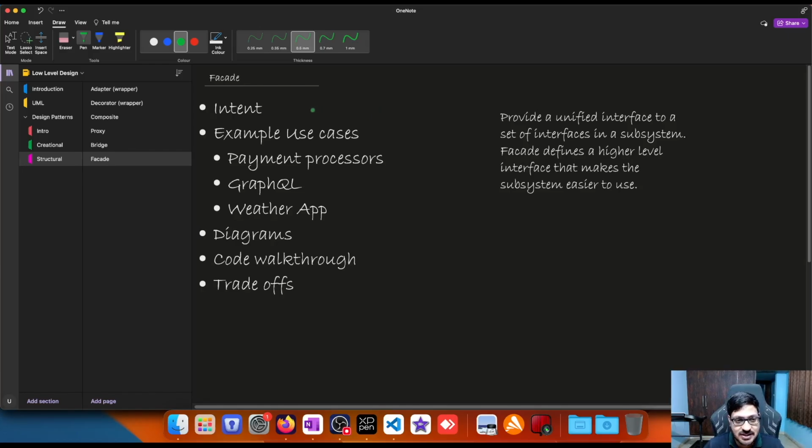So as usual, we'll start with the intent. Provide a unified interface to a set of interfaces in a subsystem. Facade defines a higher level interface that makes the subsystem easier to use, right? Very simple to understand. So there is a facade system which will talk to the other subsystems,